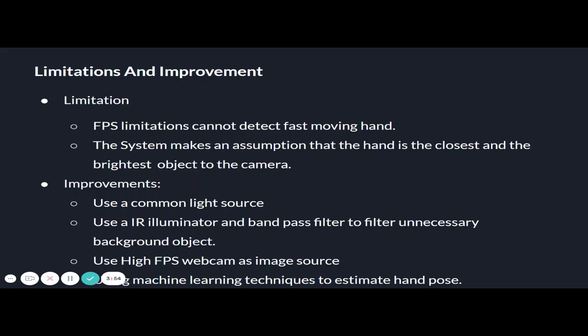The improvements we can make are to use a common light source, use an IR illuminator and a bandpass filter to filter unnecessary background objects, then use a high FPS webcam as an image source and use a machine learning technique to estimate hand pose.